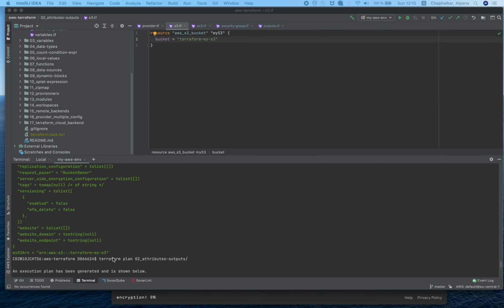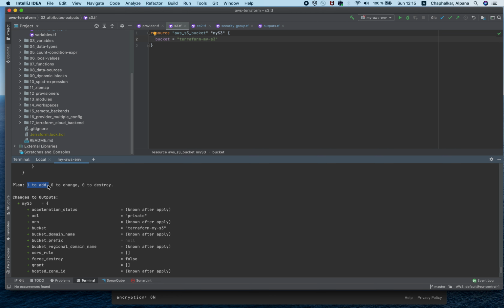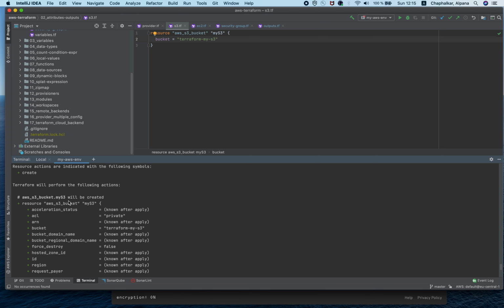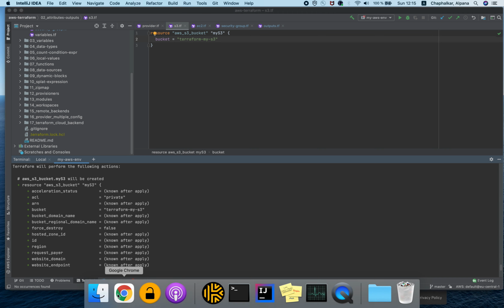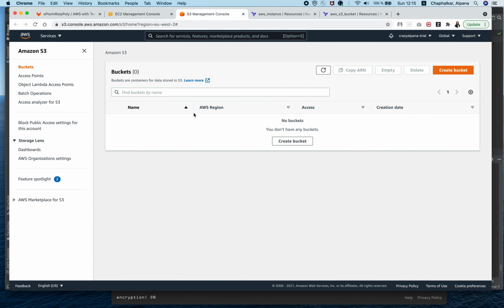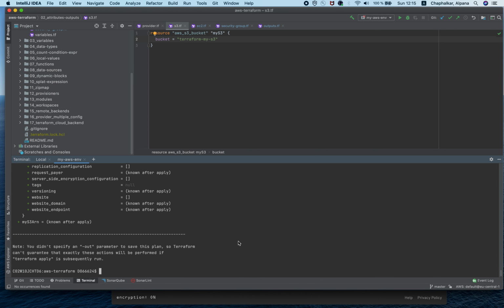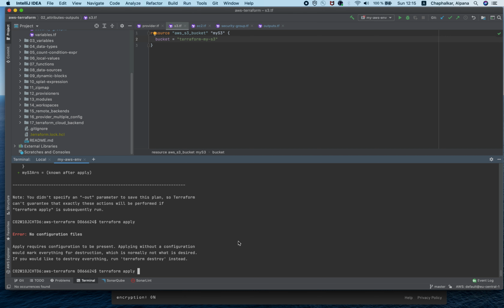See, the Terraform plan has been executed, and the plan says one to add. So Terraform doesn't recognize this S3 bucket, Terraform my S3, although this bucket has already been provisioned. So as you can see, this bucket has already been provisioned. So if you now do terraform apply, oops, I forgot the directory.